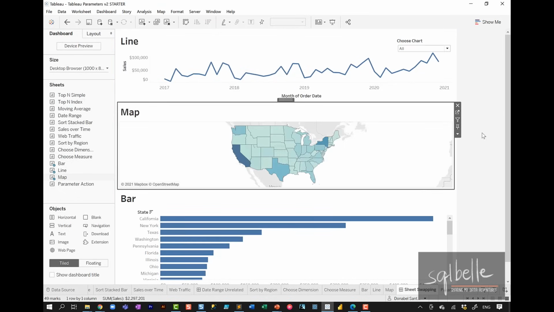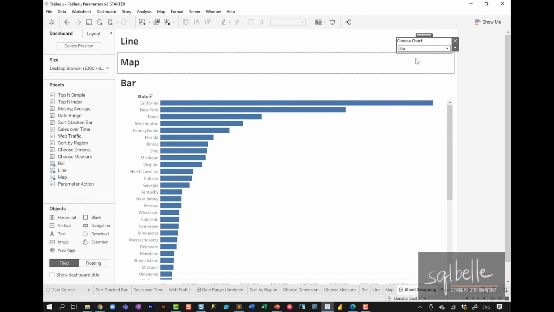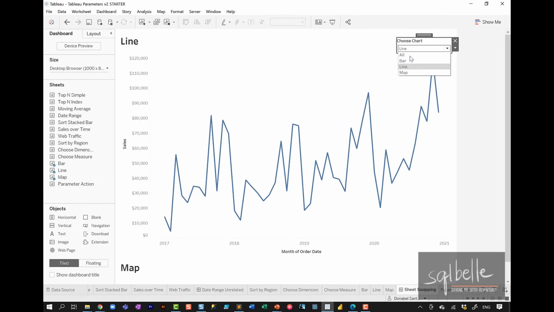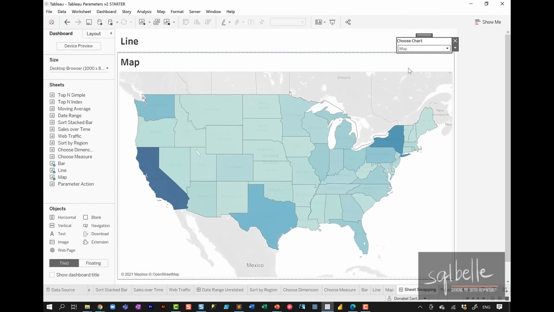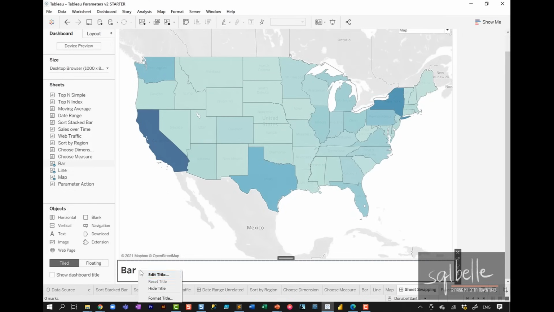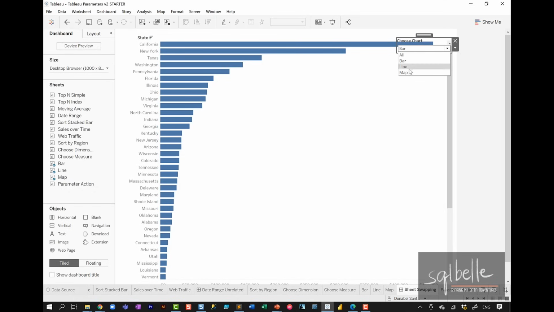And now let's take a look at what happens when we change our parameter choice. Right now, this is all, but if we decide that we only want a bar, the bar chart remains, but the line and the map, they disappear. If we select line, the other 2 charts disappear. If we select a map, the map is retained, but the line and the bar chart, they disappear. So right now, all we need to do is clean up the formatting. In this case, we are going to hide the title so that the chart swapping is a little bit more seamless. Let's try it again. All, bar, line,